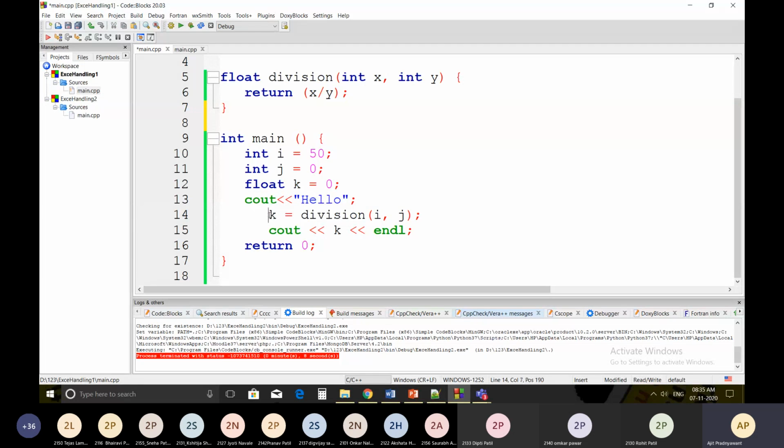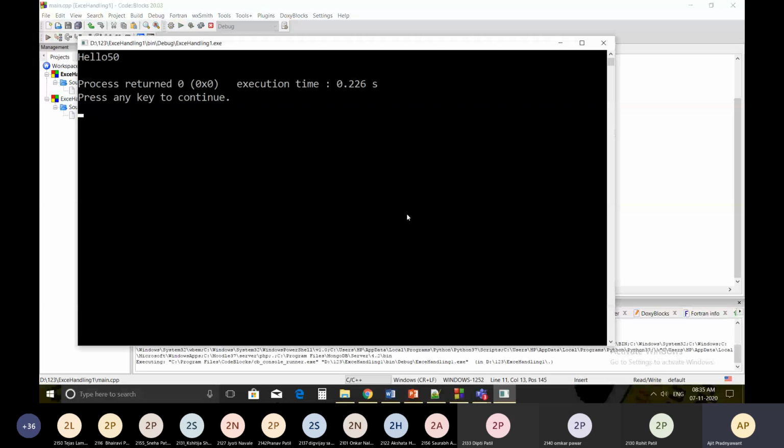Now k is equal to division of i comma j, and it will print the content of k returned from the division function. So let's see. I will send first 50 and 1 to the method and just see what will be the output of the code.